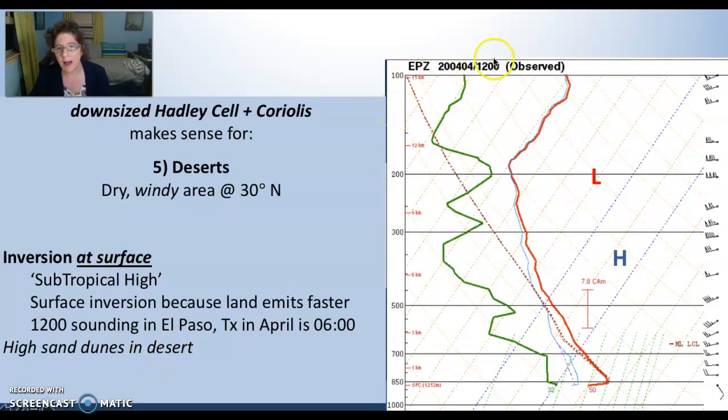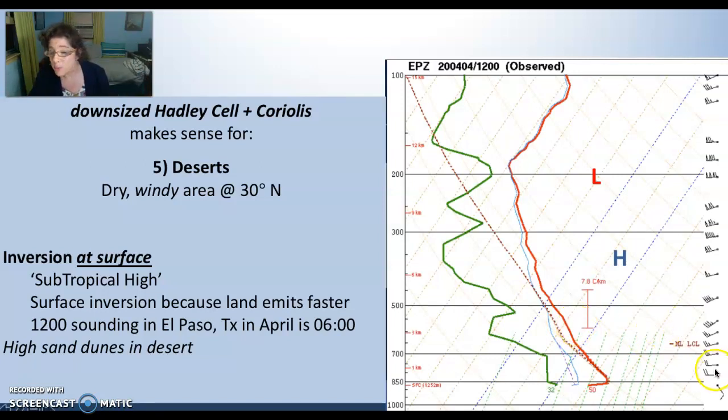This is a 12 o'clock sounding in El Paso, Texas, a noontime sounding, noontime Zulu. That means here it is 6 a.m. in April when this sounding is taken, right after all the radiative emissions overnight, the radiative cooling. This is a very, very dry parcel, and you can imagine that in a desert it's going to cool very fast and warm the atmosphere above, leaving the ground very cool. So that inversion is going to be very tight against the ground,